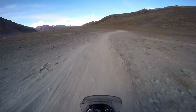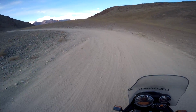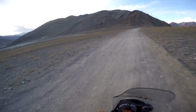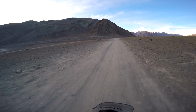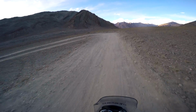And another thing that contributes to its off-road performance is the fact that it has a 21-inch front tire and a 17-inch rear tire. That is something that is characteristic of a true dual-purpose bike. You always need a high ground clearance, and this is what the bike offers. The amazing thing is, unlike the KLR 650, which I have here in my garage, this bike also offers a low seat height. The KLR 650, as a 6'1" rider,